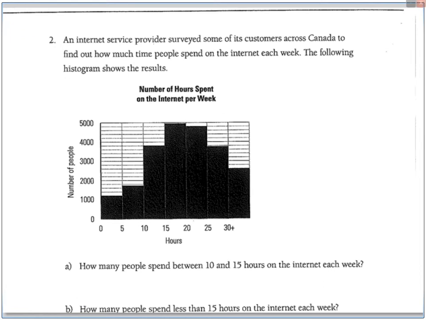Okay, an internet service provider, like Shaw or TELUS, surveyed some of its customers across Canada to find out how much time people spend on the internet each week. The following histogram shows the results. So again, there's the context, the title. We're talking about hours on the internet per week. And then we have a number on the side. This is a frequency chart, right? This is how many people are doing this. And then we have categories on the bottom. So this is people that spend 0 to 5, people that spend 5 to 10, people that spend 10 to